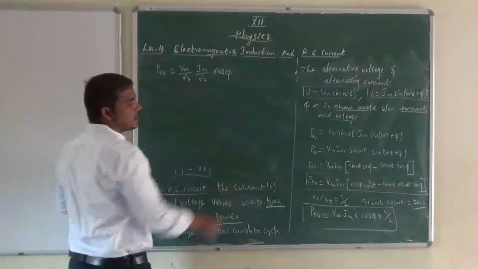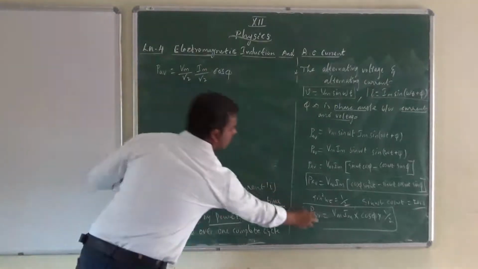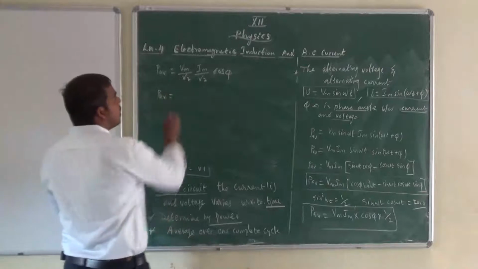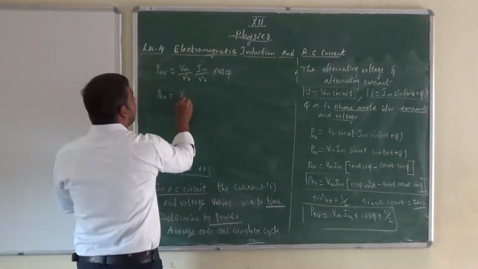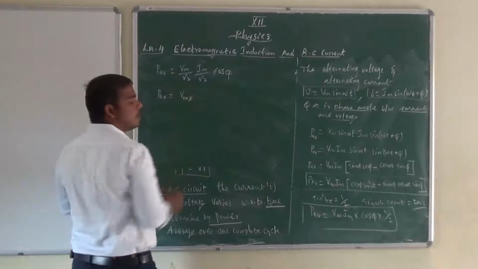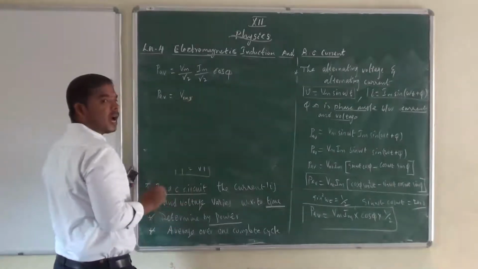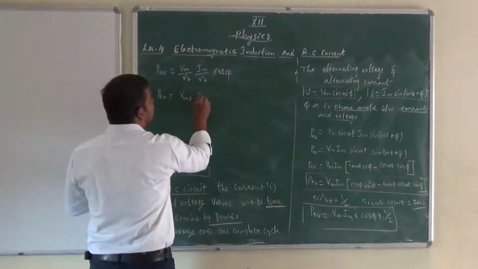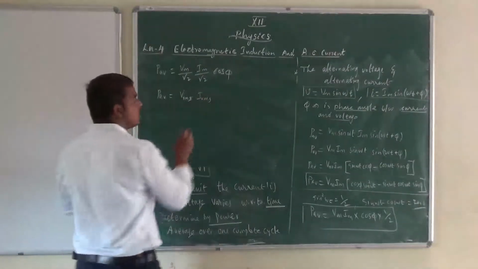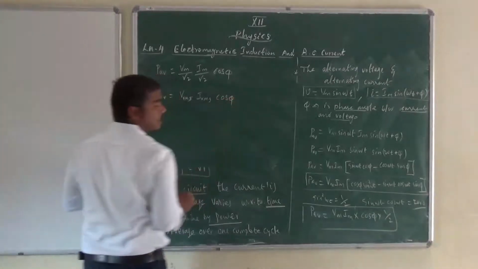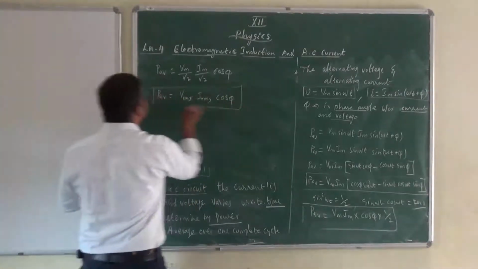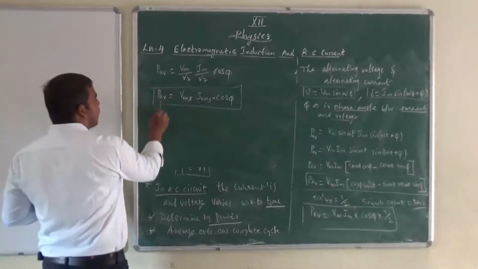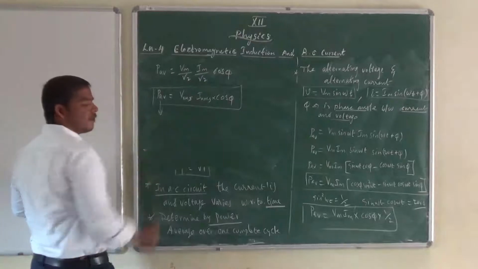Using this mathematical expression, we convert this equation into this equation. So average power P_AV equals Vm by root 2, which is nothing but V_RMS. We have discussed V_RMS and I_RMS in our previous class. Im by root 2 is nothing but I_RMS, where RMS means root mean square, into cos phi. So this is our required equation. In this required equation, three terms are there. See, the first term is the average power factor.